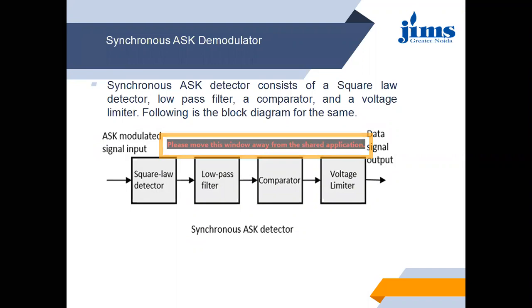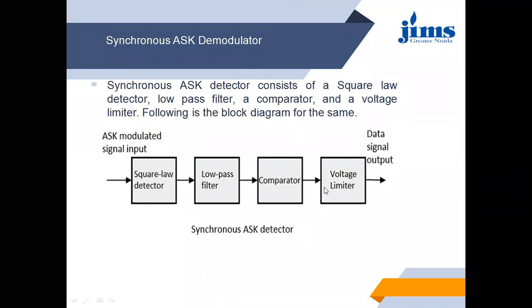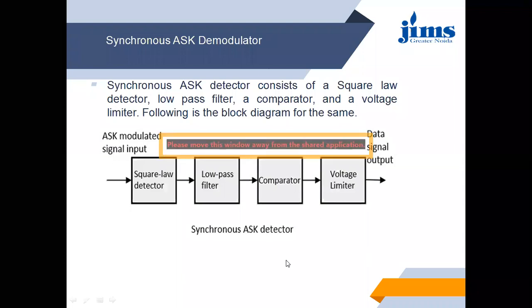After that, there is a voltage limiter. This is used to limit the noise or amplitude signal. In other words, it is used for signal conditioning in order to improve the signal quality by minimizing the noise or the interferences. It is an optional device. Whether you use it or not, it is not necessary. In most detector circuits, you will not see this limiter. The final stage of the detector is the comparator or decision making device. If you use the limiter, it is fine, and if you do not use it, not an issue.